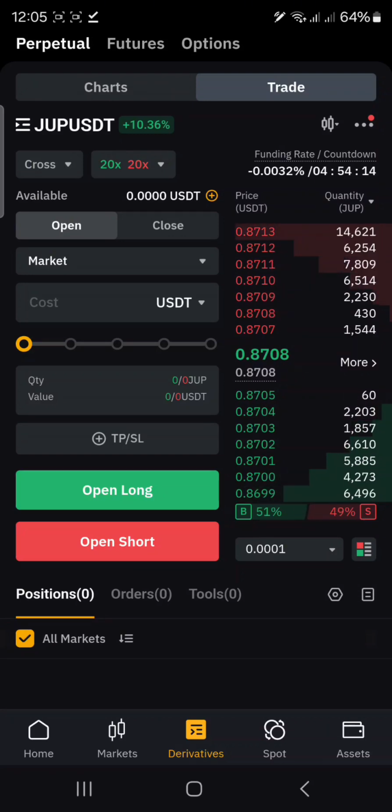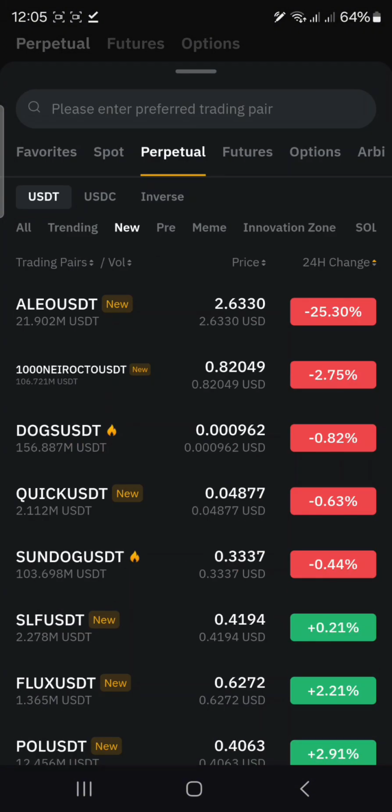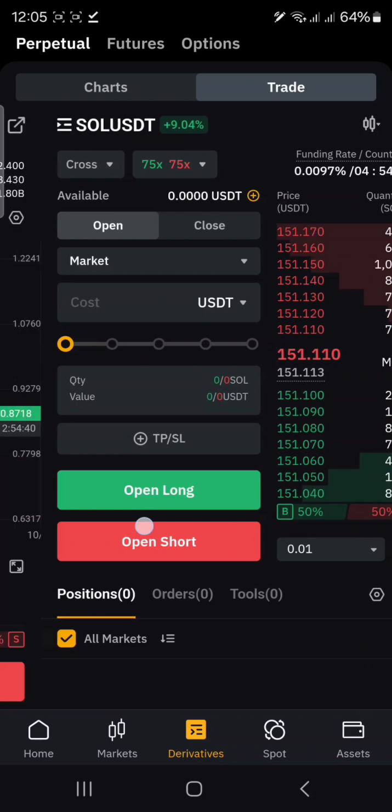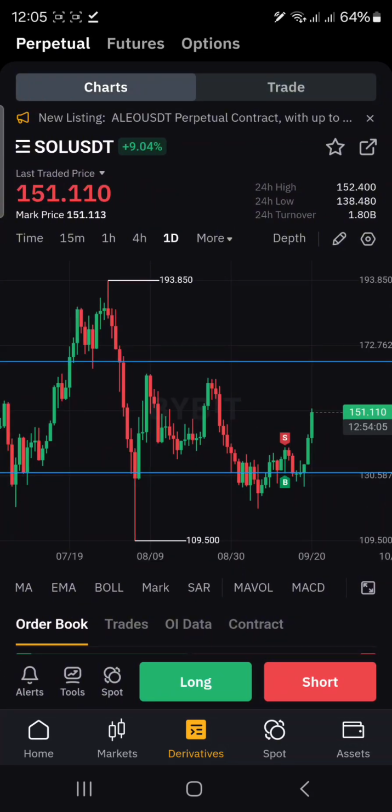Now, the coin we usually trade in our own group is Solana. So let's use Solana as a case study. Now we trade Solana back to back. Come morning, come sun, come rain, we're always trading this coin. And we'll be making a lot of profit. And we've been consistent with our profit. There are losses, but I can assure you that our profits are more than the losses, all because of the fact that we are practicing good risk management.